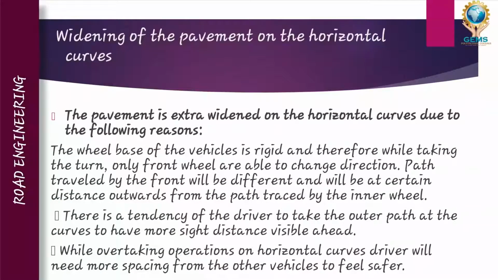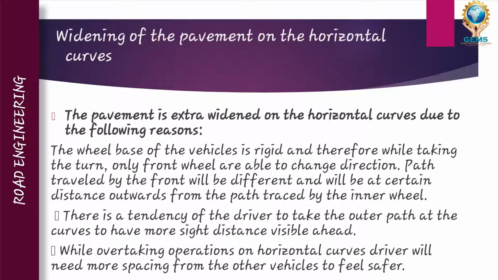Extra widening of pavement on a horizontal curve. The pavement is given extra widening on a horizontal curve due to the following reasons. As we can see, if we are moving on a road or a highway, and the curve is sharp and there is no extra widening, the vehicle may collapse, and the super elevation